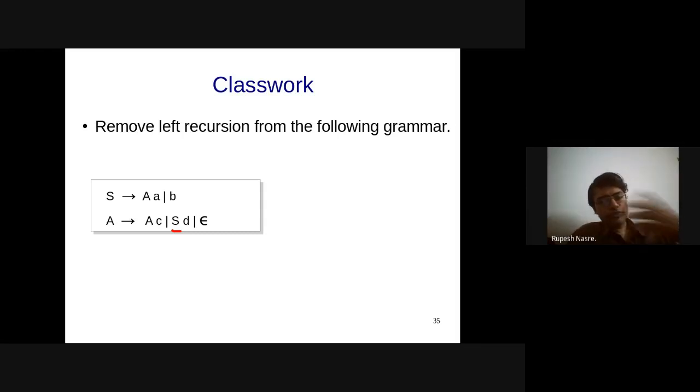As you would have noticed, we are using the small case letters as terminals and capital as non-terminals. But that is just a convention. In case of Yacc and Lex, you can use arbitrarily tokens and non-terminals, capital, small, whatever you want. It's just the nomenclature. There it's the opposite.